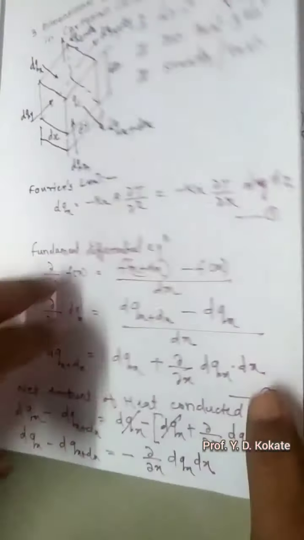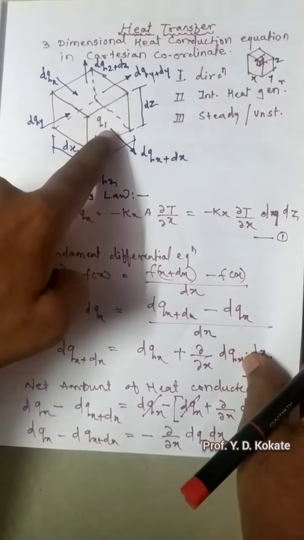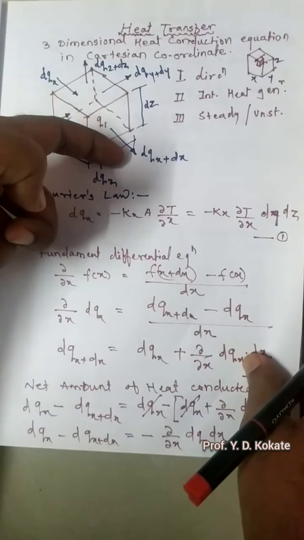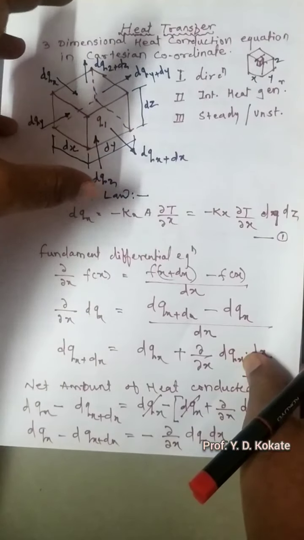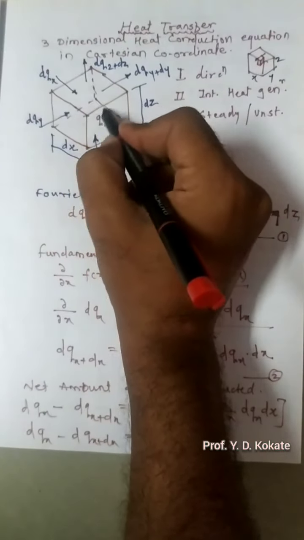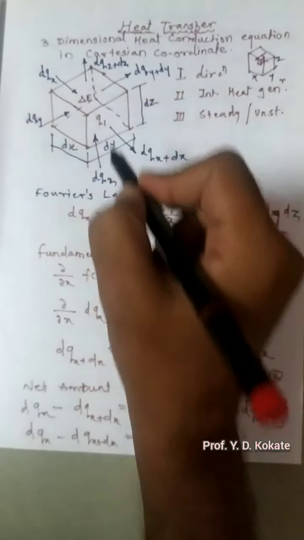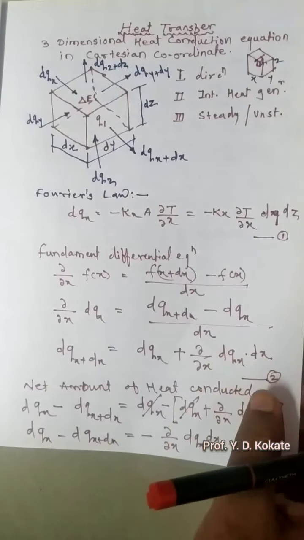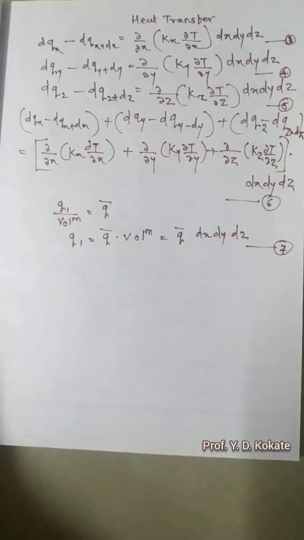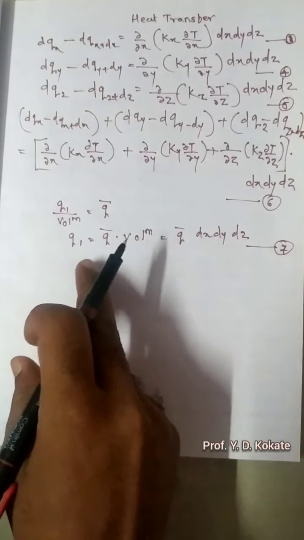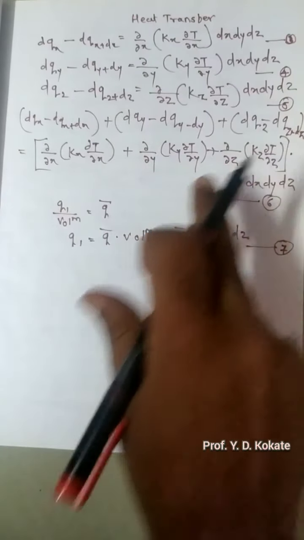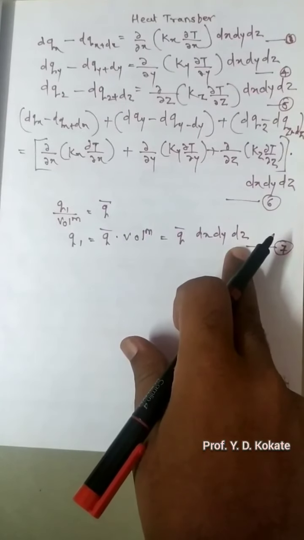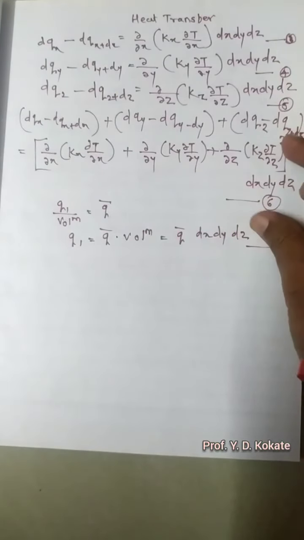Now once the heat is transferred and once the heat is generated, the internal energy of this system will change. You know that as we provide heat, the vibration of the system increases. That means internal energy will change. So as the internal energy of this unit changes, we have to calculate the rate of change of internal energy, and this is due to this much heat transferred and this much heat generated.